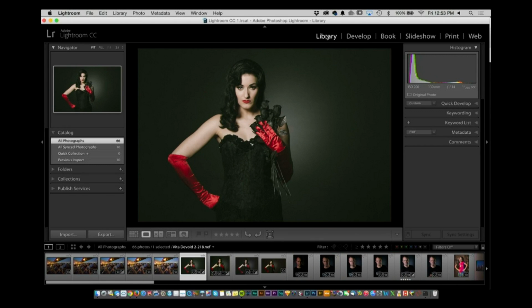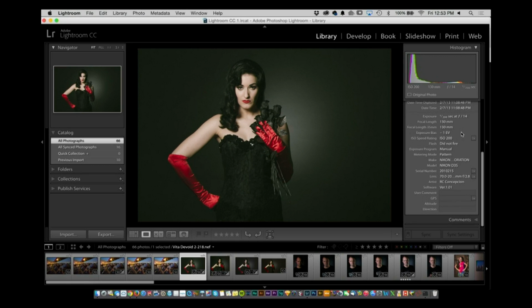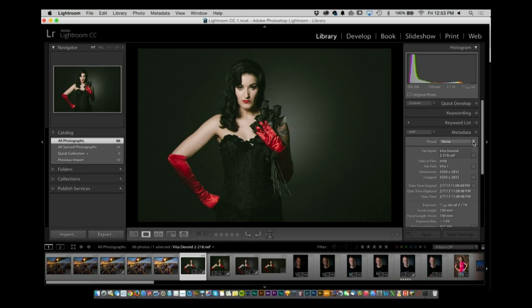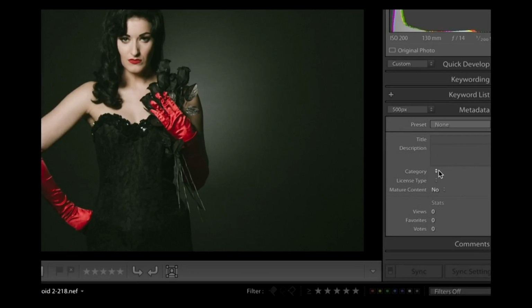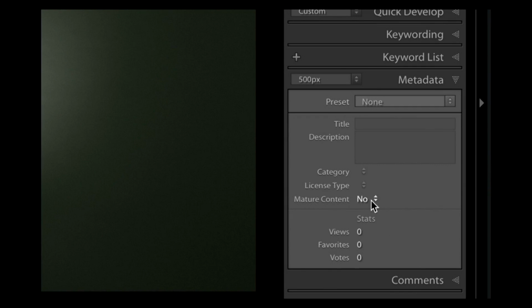They've done some integration for that, but I think there is one thing that I thought was really cool in this is in the metadata section. Now you'll notice that you have an area here where you can actually add information for 500px. Look at that. If you look at the drop down there, right? You can have title, description, you can specify a category based on them. I'm just going to zoom in here. Right. You have mature content, whether or not it's going to be mature content, and